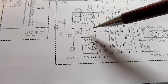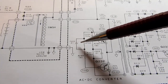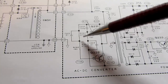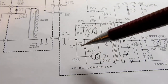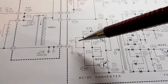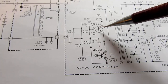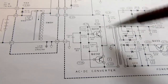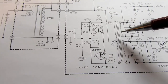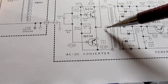Both of these have a 0.01 microfarad capacitor across a resistor, 0.01 across a resistor. So each of them has the same time constant, and they flip back and forth equally. The RC values are calculated to provide a flip-flop speed, or an oscillation speed, appropriate to drive this transformer. And the middle of the transformer is connected to ground,